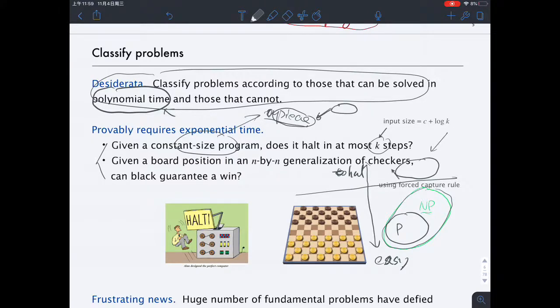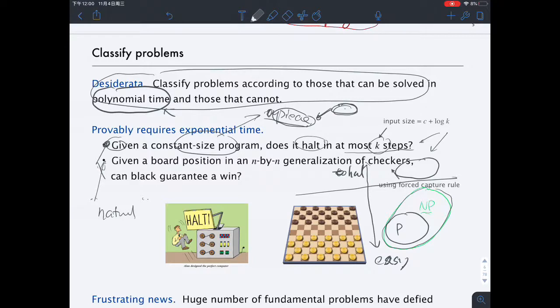So basically the question is whether there exists a certain input to your program. When we talk about a C++ program, we assume that there's an input to this program, and the question here asks whether we are able to identify the input to this program. For instance, your program is doing a sorting, or doing something strange. If I give you the program as a black box, can you find the input such that the program halts, or just completes its computation, in at most k steps? And it turns out that this problem probably needs to be solved in exponential time, right? This is actually a pretty abstract problem. There are also some more natural problems that provably require